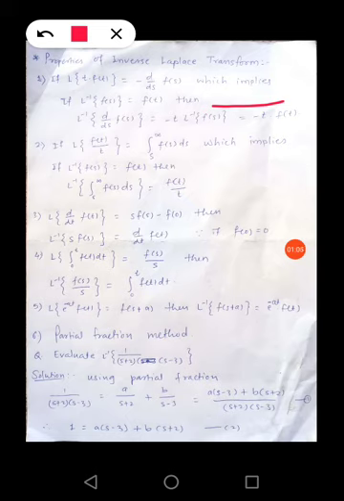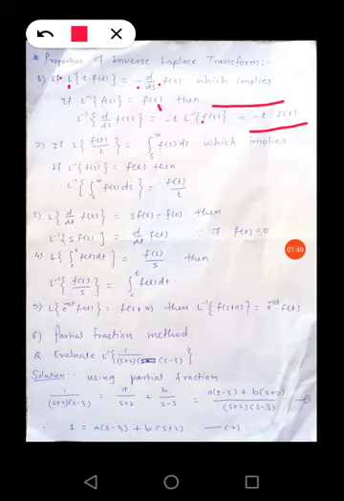As we have seen here, f of t is equal to L inverse f of s, so I have written further that it is equal to minus t into f of t. You just have to shift the operator L to this side and the minus to the LHS. So this property becomes L inverse of d by ds of f of s is equal to minus t into f of t. Okay, do you understand?